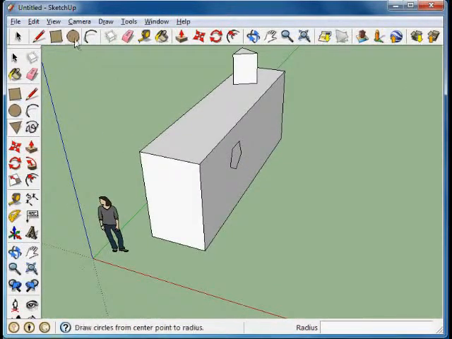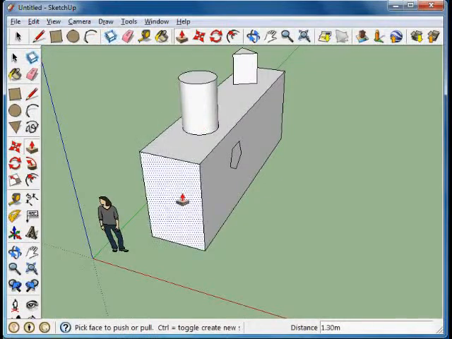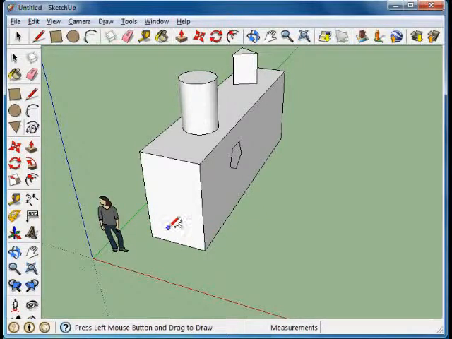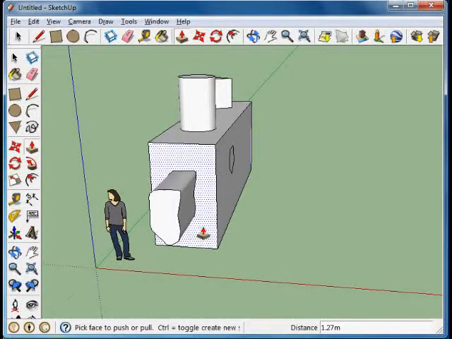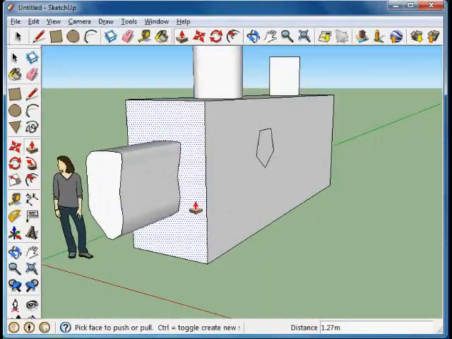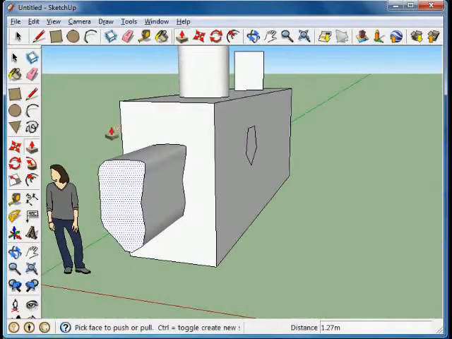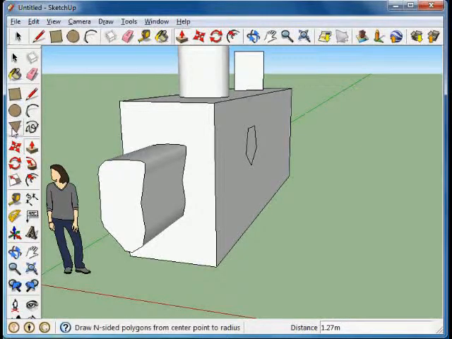Even easier is the circle feature. You drag it, you put it on there. Yeah, pretty straightforward. Now, another one which isn't quite so easy is the freehand tool. With this one you can draw on a face and finish it off, and again you can use push-pull, but it normally looks a little bit rougher. It's not quite as neat as using the squares and the lines and the polygon,